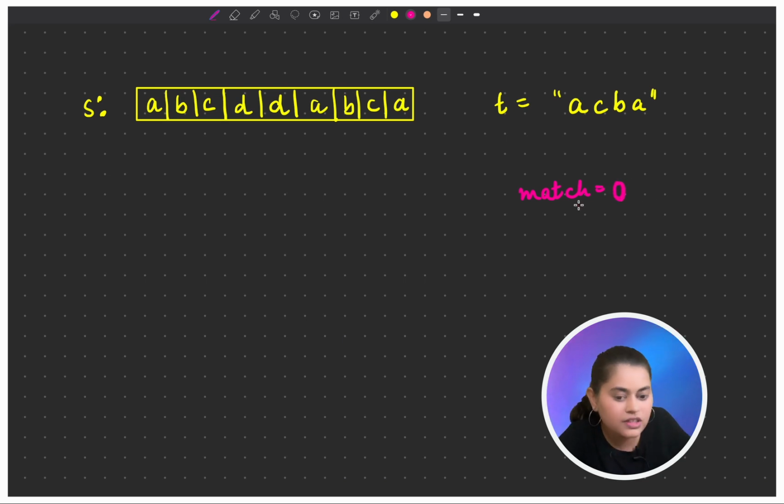Initially the count of this match variable will be 0. It will be responsible for maintaining the count of how many characters we have matched till now, right? Secondly, we'll maintain one frequency map.